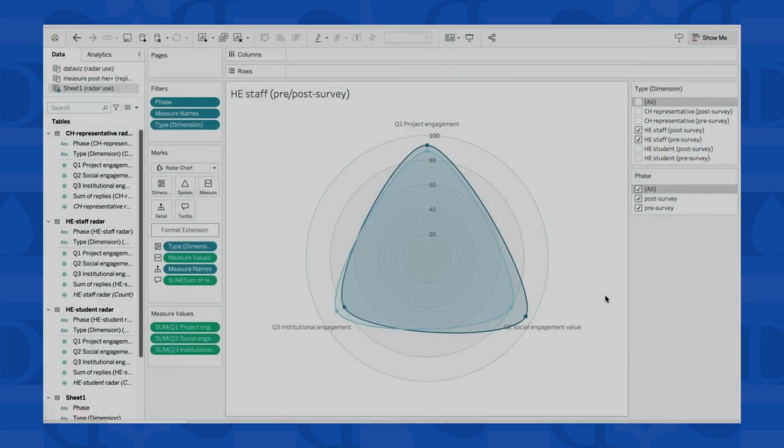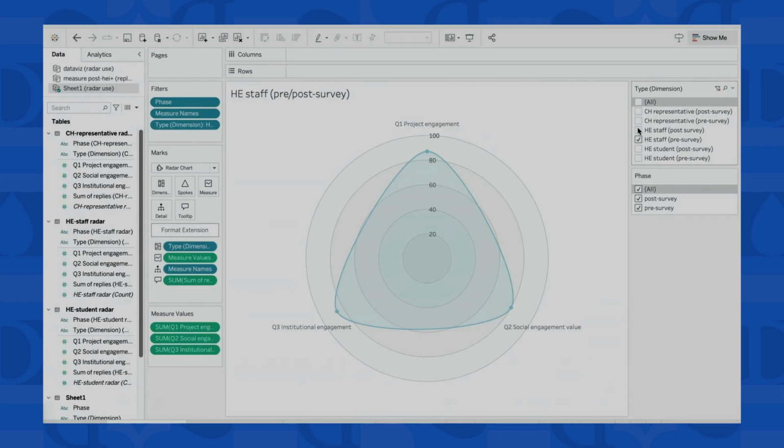Here we see representation of the same parameter of social engagement from a different angle through a radar chart, which offers a more consolidated view, allowing all the data to be represented in a single chart, and a more direct comparison by overlaying pre-survey and post-survey data on the same chart. Here we see the light hue, which plots the weighted average scores from the pre-survey, whereas darker blue plots the